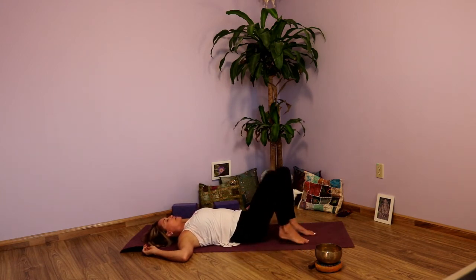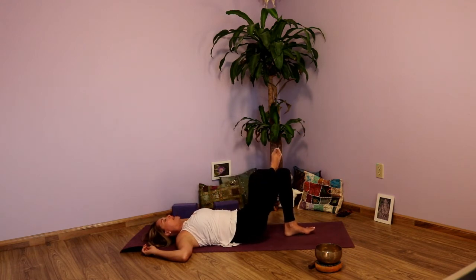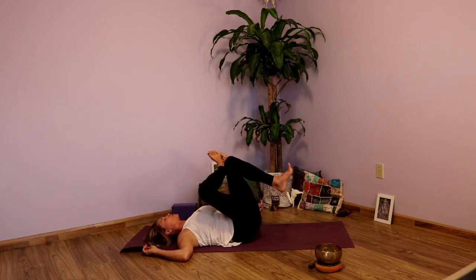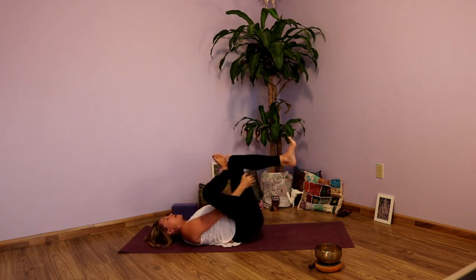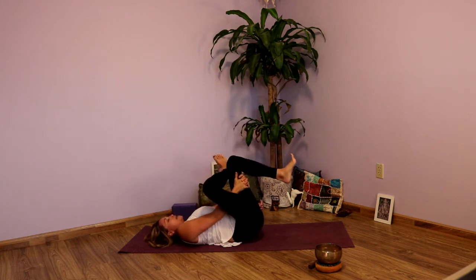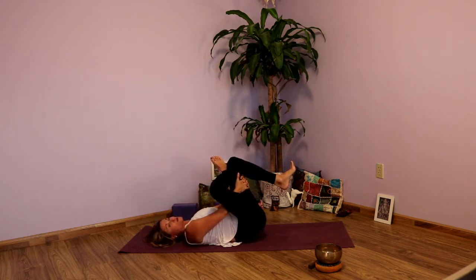Bring those feet back to center. Take that right ankle over the left knee. Flex both feet and start to draw those knees toward the chest. And then pulling that left thigh in as you press the right thigh away. So right thigh is going away from you, left thigh is drawing in. Flex through the feet,